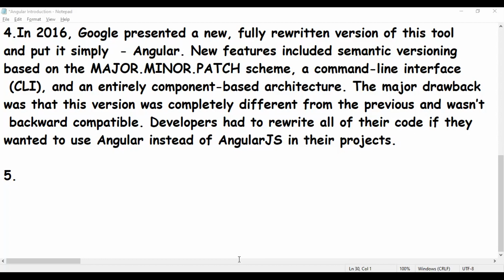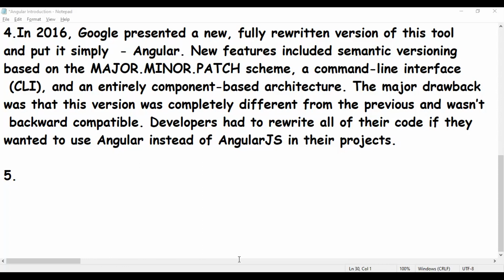Then Angular 6 was released in May 2018, introducing the Ivy renderer, new CLI commands and Angular elements.